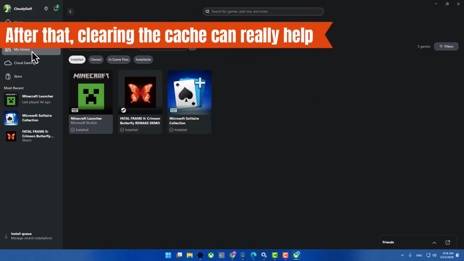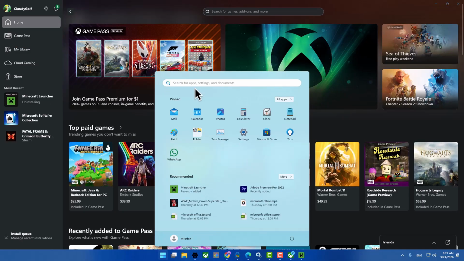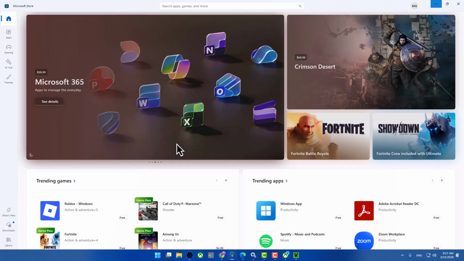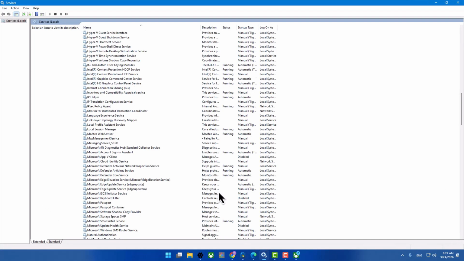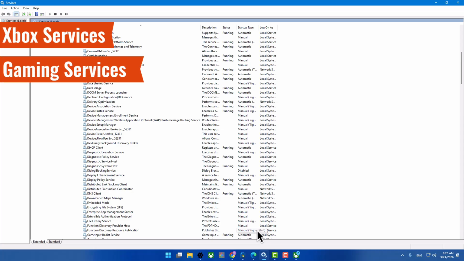After that, clearing the cache can really help. Delete the Microsoft Store local cache, run the WSReset command, and repair or reset both the Xbox app and Microsoft Store from settings. Finally, make sure all important Windows services are running properly, such as Xbox services, gaming services, Windows